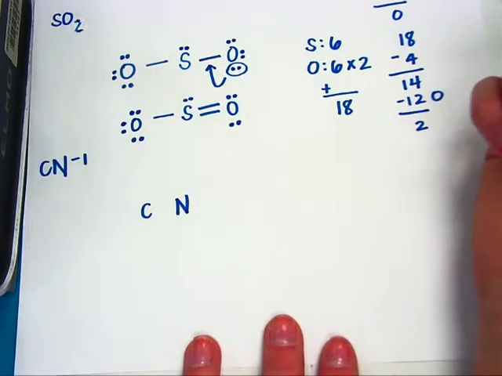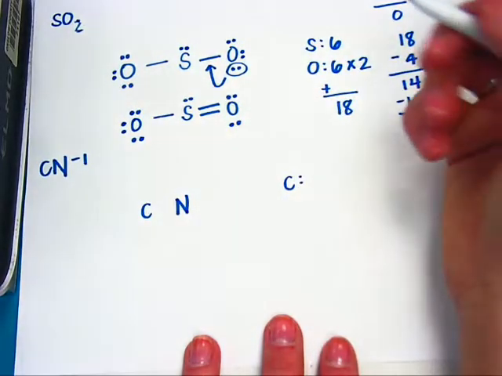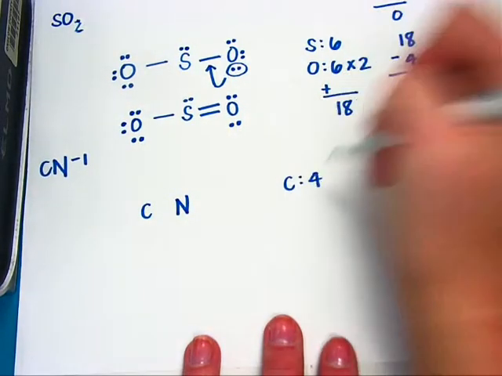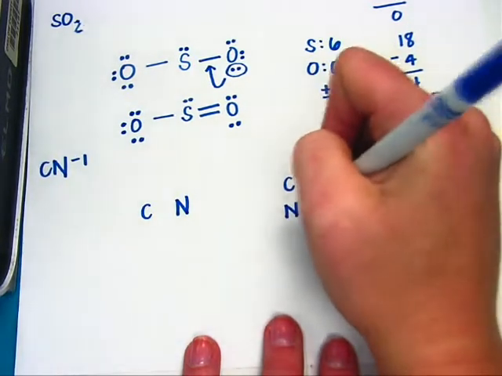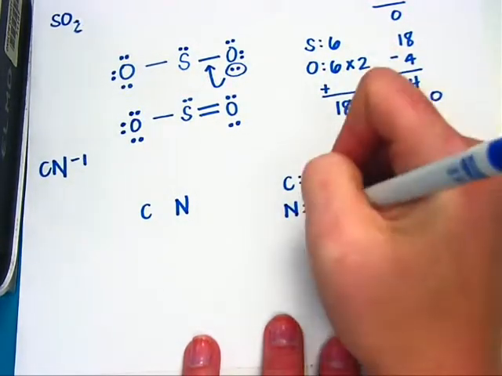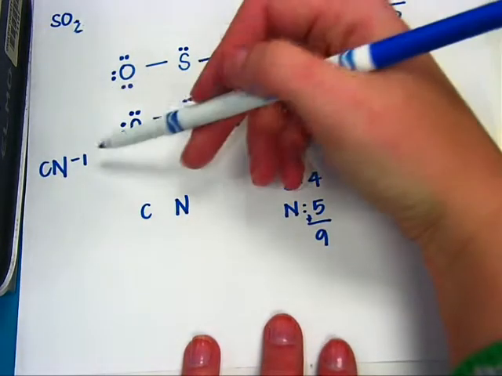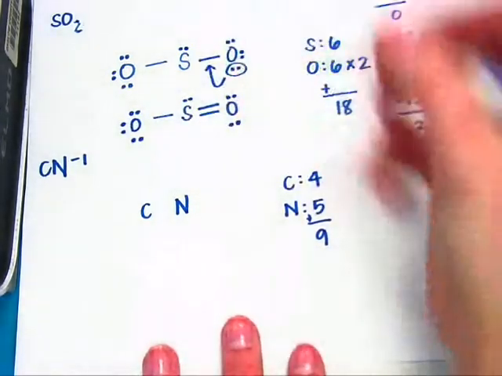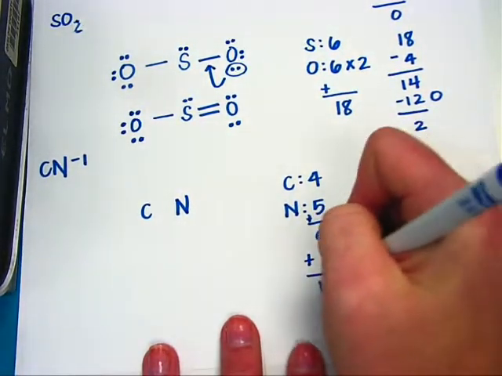So when we do our math, that will come into play. Carbon has 4 valence electrons because it's in group 14. Nitrogen has 5. So that gives me, if I add them up, 9 valence electrons. But because I have this -1 charge, I have to add an extra electron, which will give me 10 electrons